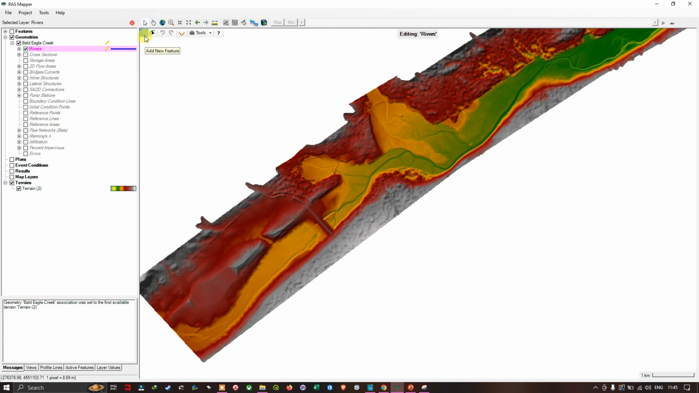Once you select it, it gets highlighted in this blue color, and you can see the blue line added here for the legend. Make sure that you selected this option here. So now let's start digitizing the river lines here, and make sure that you leave some buffer from the boundary